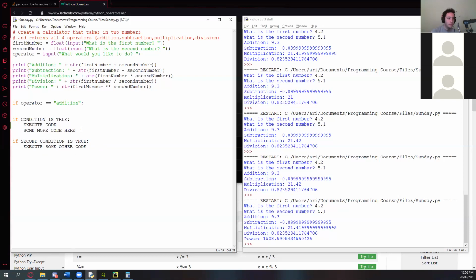But sometimes there are times where you only want an if statement to run one thing at a time. For example, if my operator was addition, then there's no reason that my operator would ever at the same time be subtraction. It wouldn't make sense. We're not going to say addition or subtraction. You can only write one operator. So